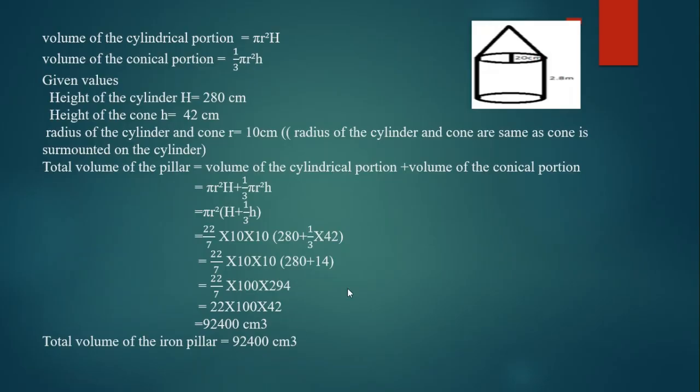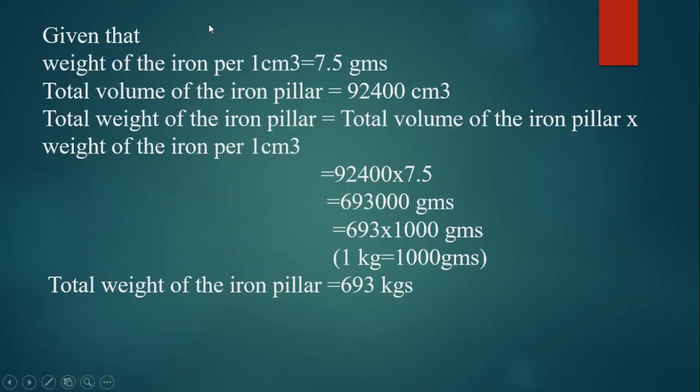I think very simple. Here only one point we need to remember. What is that? The radius of the cone is not separately given, but we have to take the radius of the cone as the radius of the cylinder, because the cone is surmounted on the cylinder. If you are able to trace that point clearly, definitely we can substitute the given values in the formulas. Now what is given?